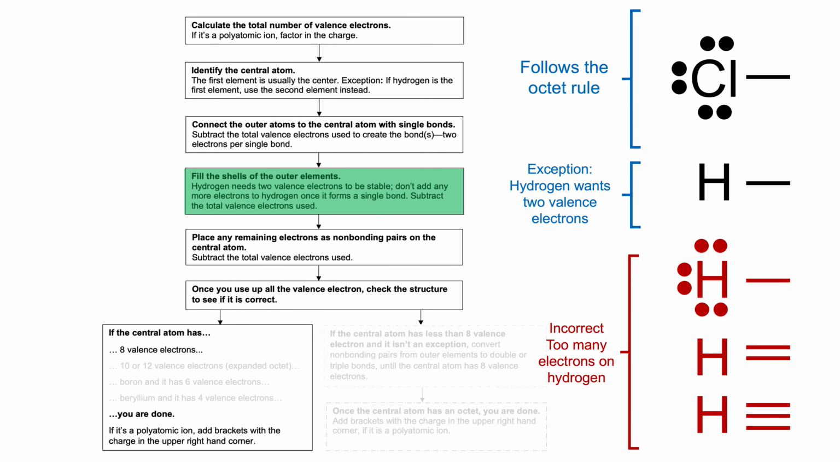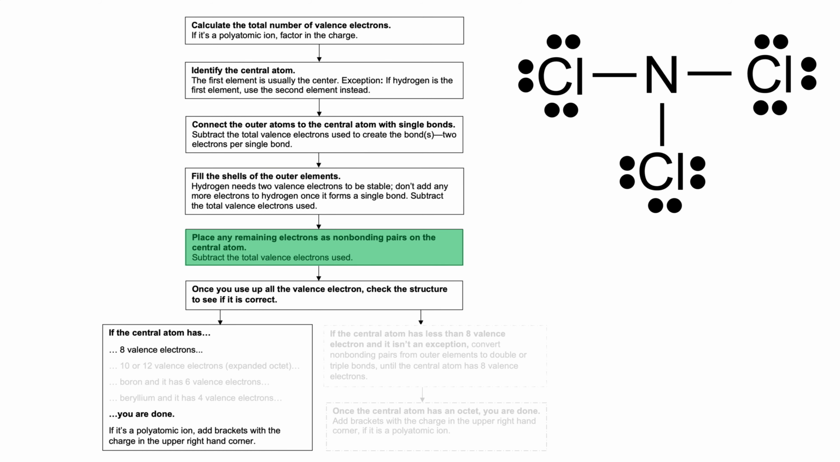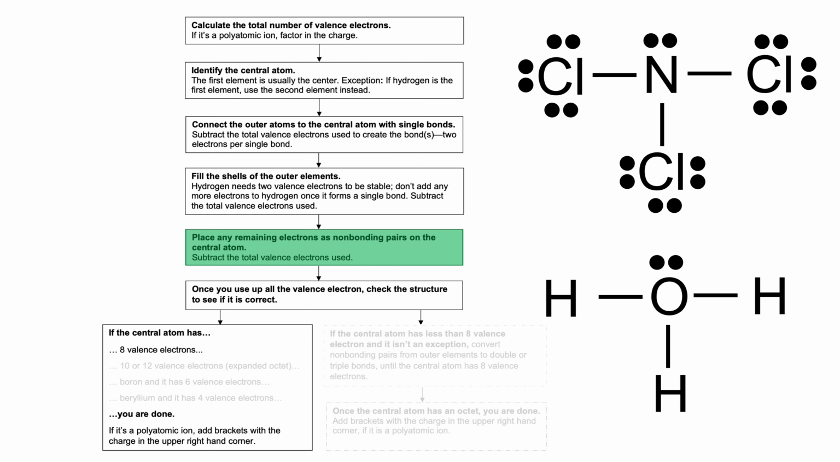Then if you have any electrons remaining, you're going to place them on the central atom as non-bonding pairs. So at this point for NCl3, I would have 2 electrons remaining. I would place them on that central atom as a non-bonding pair. Just make sure to give them their own real estate on that central atom. Same thing for H3O+. I would have 2 electrons left over at this point. Since I couldn't place any of those dots on hydrogen, they're filled, I would place it as a non-bonding pair